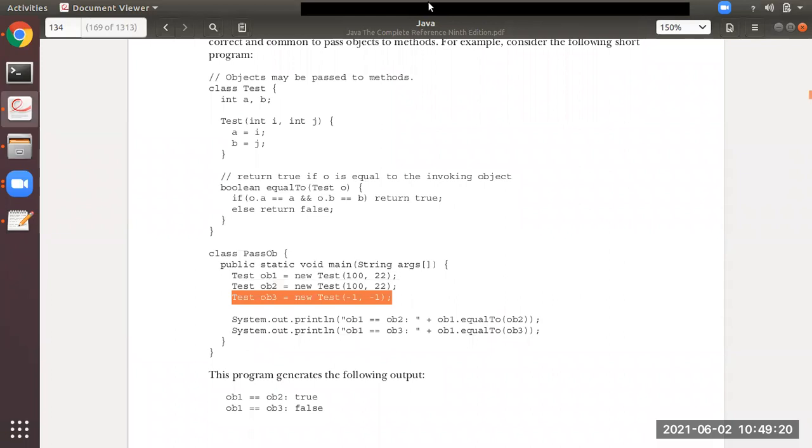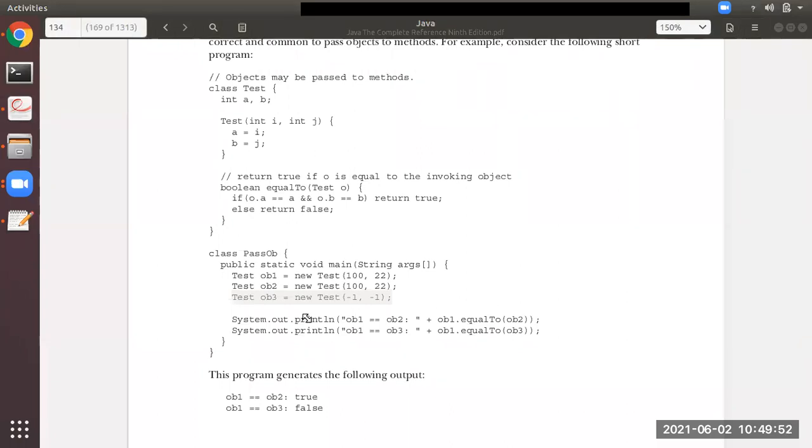You can observe here. So roughly I'll write here again. ob3 has got the values as a equal to -1 and b equal to -1. Okay. I hope you all have understood this.